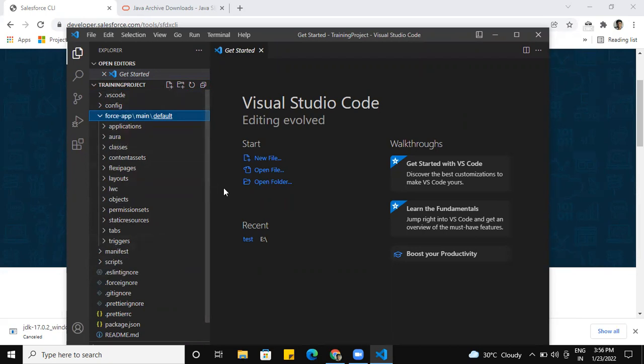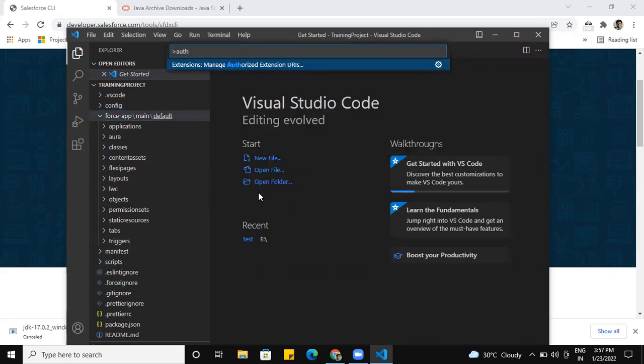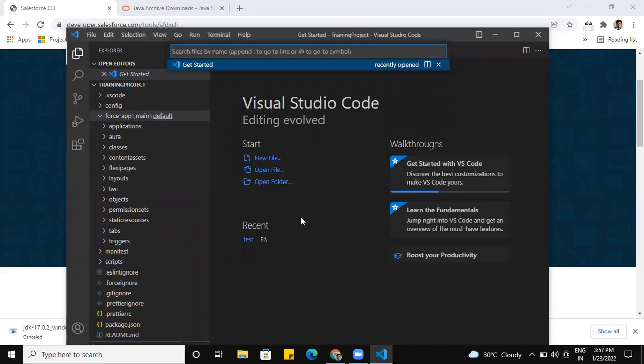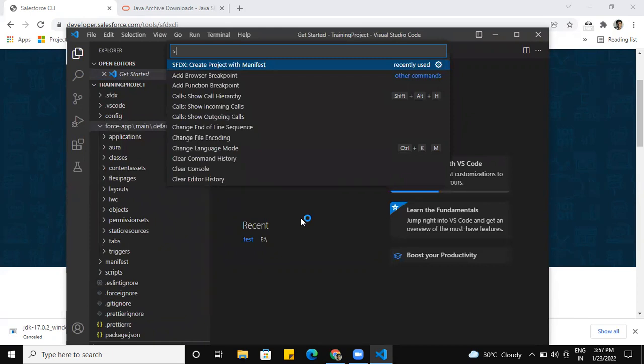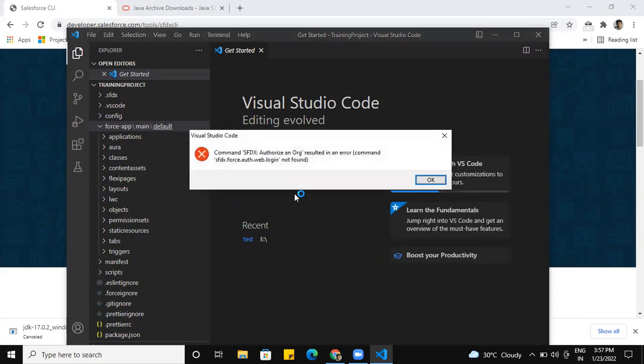All right, so now our local system has created the project. Now you need to connect it to your Salesforce. For this, you can type Command Shift P or Control Shift P, and authorize an org. There is a command called SFDX: Authorize an Org. So once you click it,